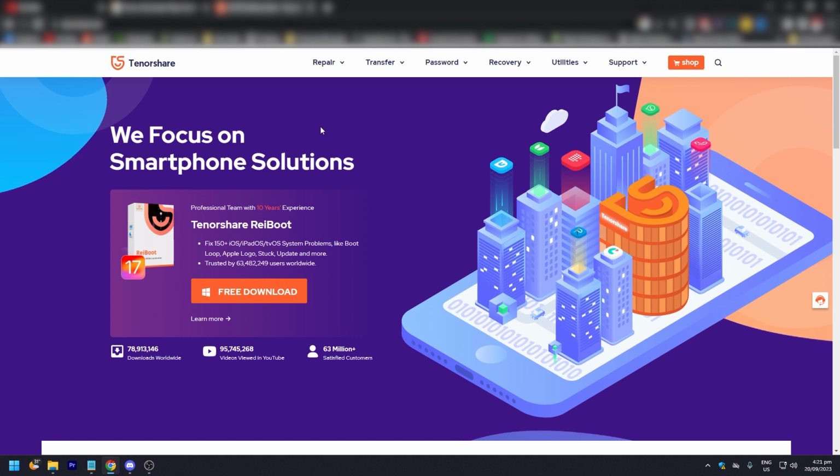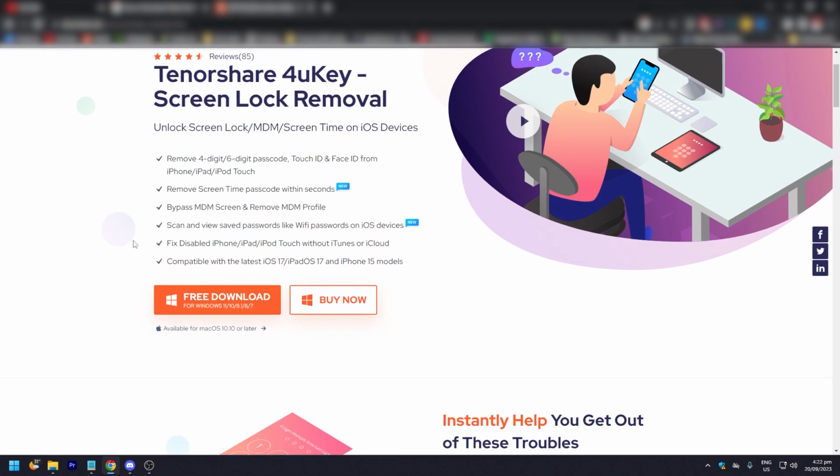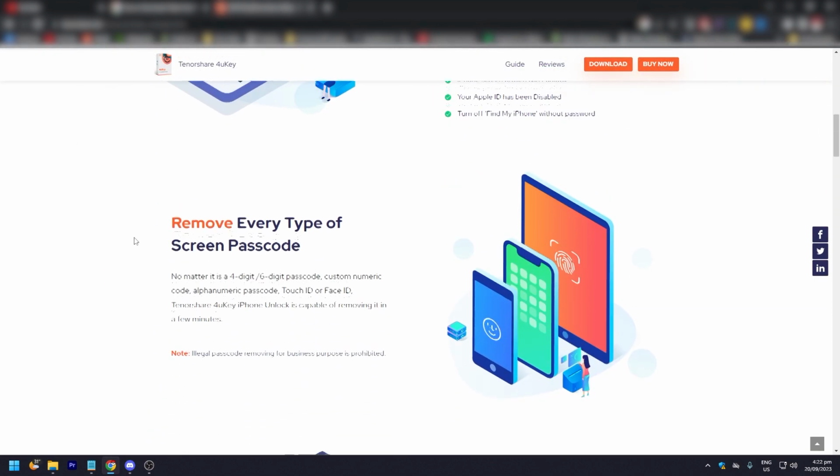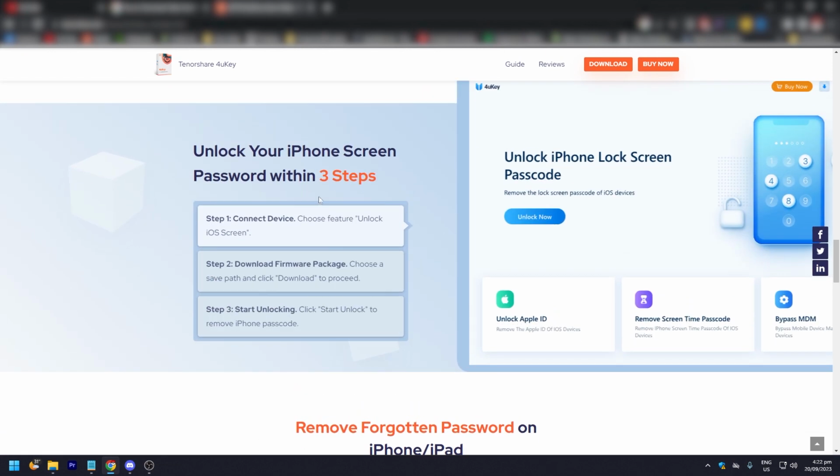use TenorShare. Go to tenorshare.net, and in tenorshare.net, go to password. So either use 4uKey, right? Click on 4uKey, and it's pretty simple. Download it for free, and the steps are pretty much: connect device, choose feature unlock iOS screen or whatever you